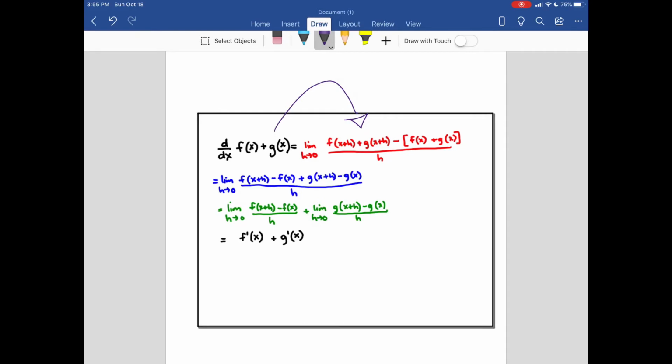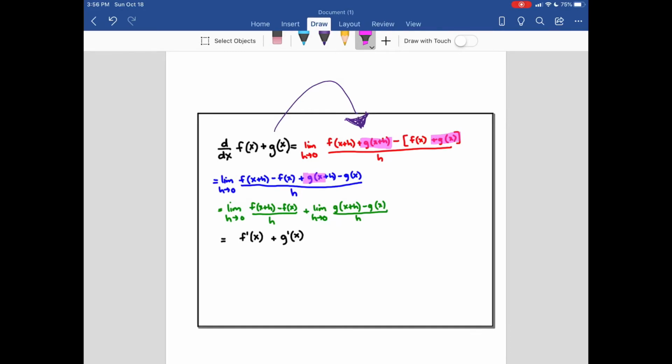So you'll notice in red, this is just us plugging in the x plus h's for all of the x's, and then subtracting from it the f of x, and then putting it all over h. So this is our limit definition, but then replacing that single f of x with f of x plus g of x. So it would look like this. So you'll notice in blue, there was some grouping that was done. So in blue, we grouped the f's together. So we had f of x plus h minus f of x, and then